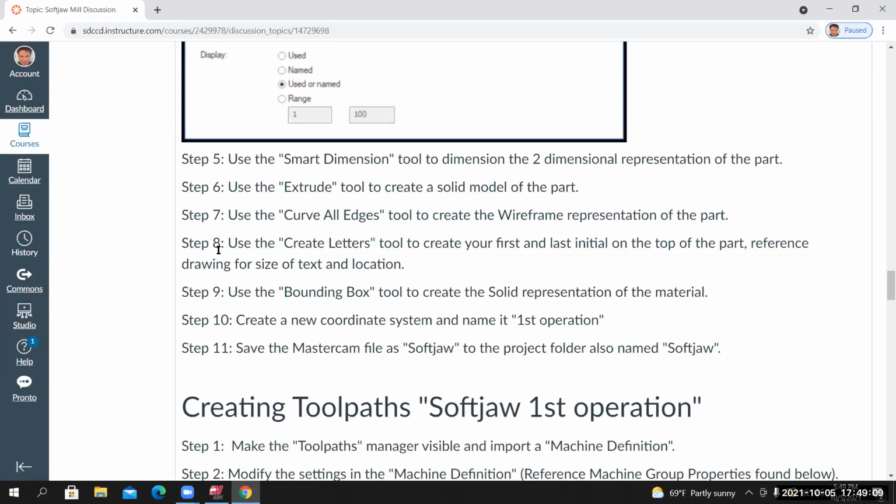That way, when we machine it, we get a machine surface all the way around. We're not looking at a mill finish. So step 9, use bounding box tool to create the solid representation of the material. Go back into Mastercam,